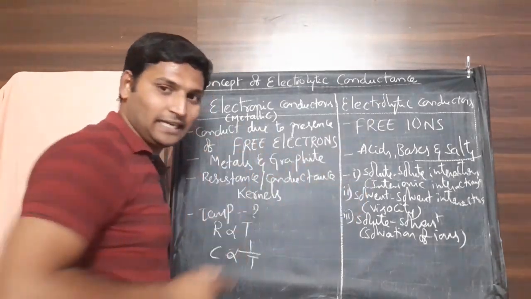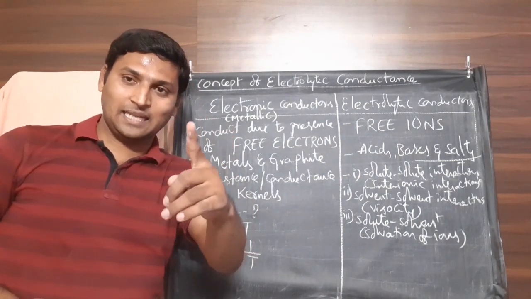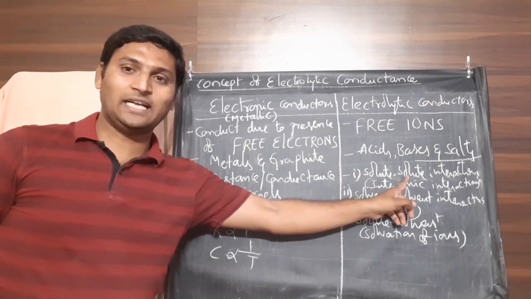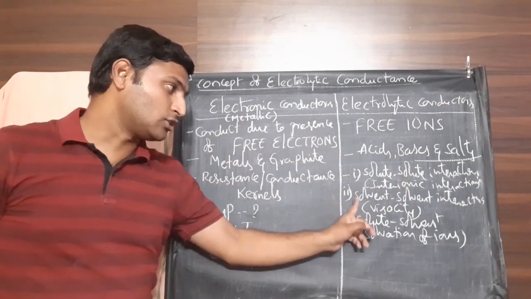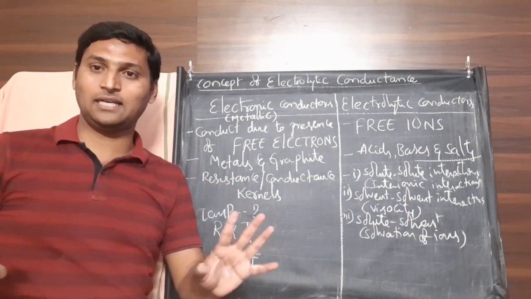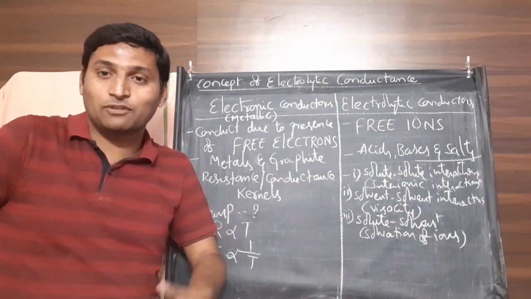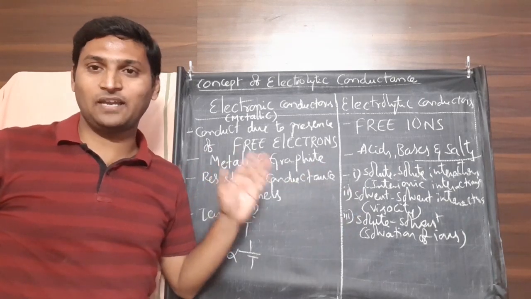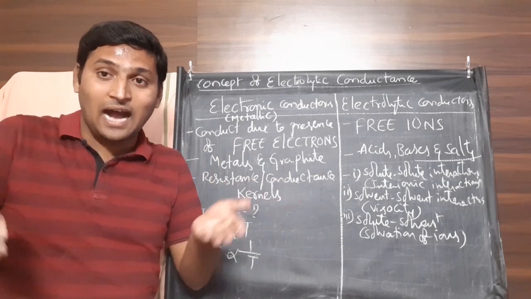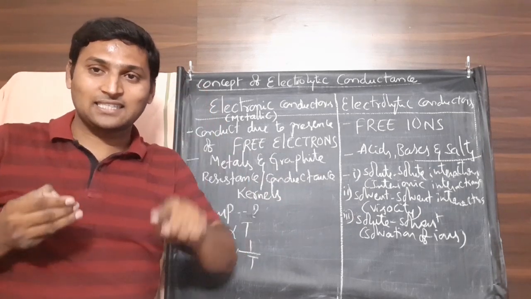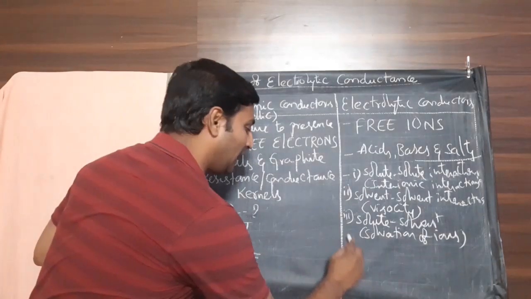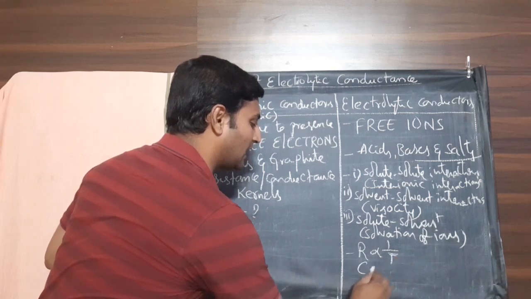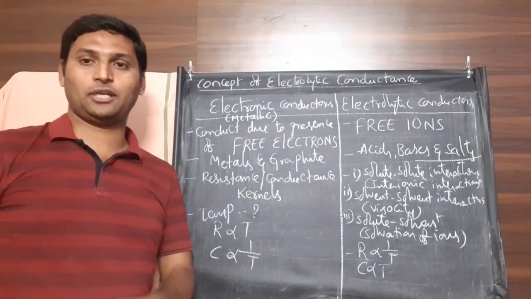Whereas in case of electrolytic conductors, if you increase the temperature, all the attractions will break. Solute-solute interactions will become lesser. Solvent-solvent interactions also will become lesser. Particles become relatively free because of gaining energy. They become relatively free from each other. So all the interactions become weaker. When the interactions become weaker, ionic mobility increases, resistance decreases, conductance increases. So in case of electrolytic conductors, resistance is inversely proportional to temperature, conductance is directly proportional to temperature.